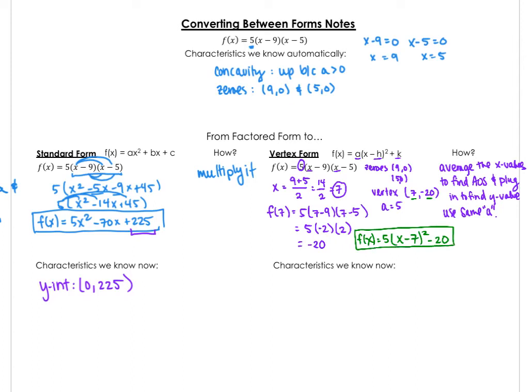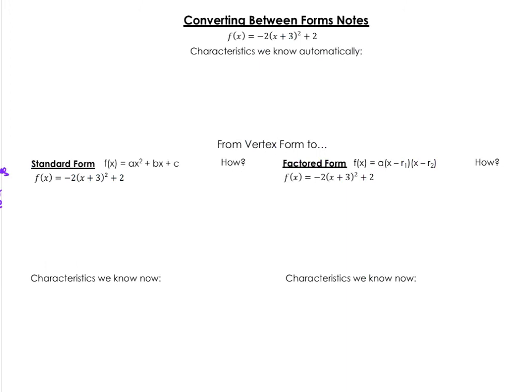So now that we've converted it to vertex form, we know our axis of symmetry, which is going to be x equals 7. And then we know our vertex, which is 7, negative 20. All right, the last conversion we're going to do is going from vertex form to the other two forms. So vertex form, the characteristics we know right off the bat without having to do any calculations